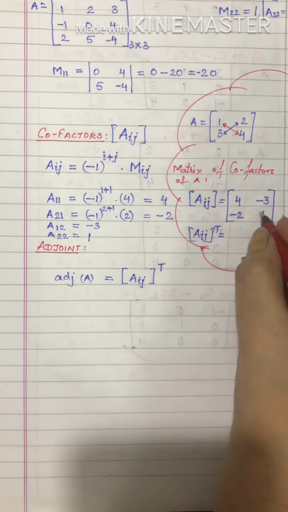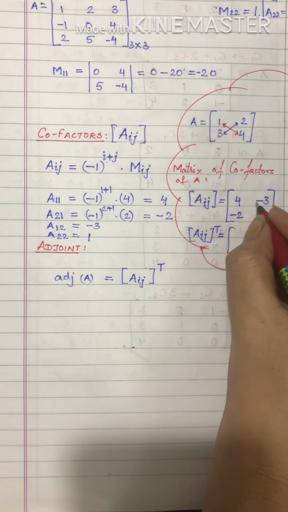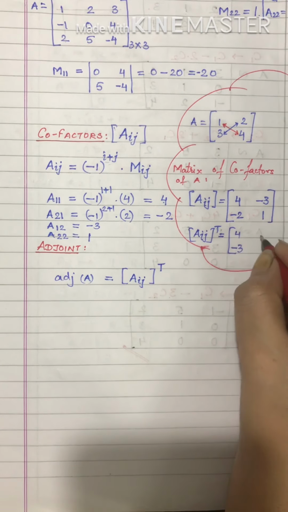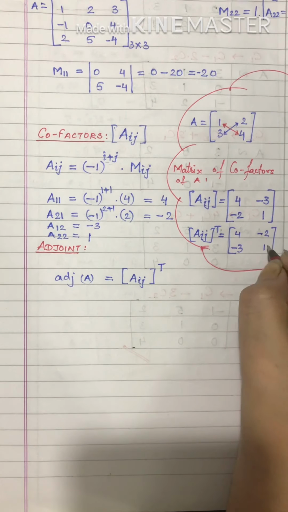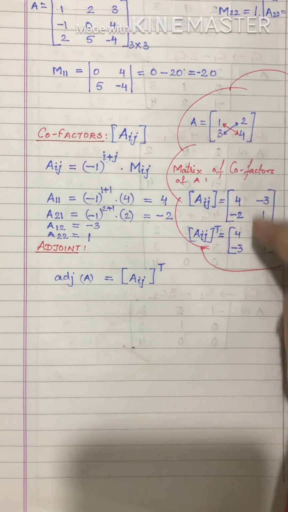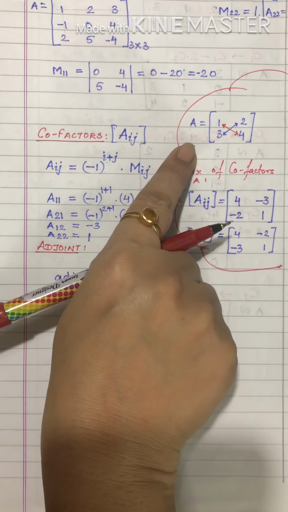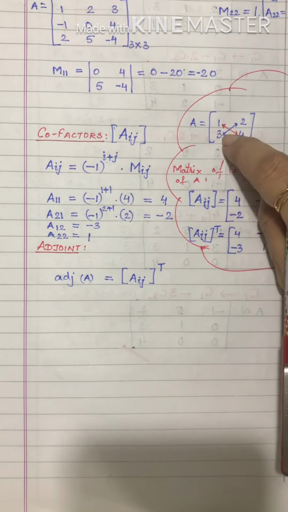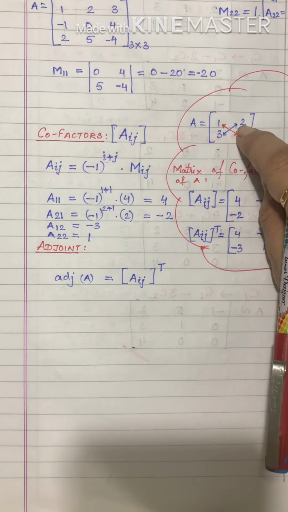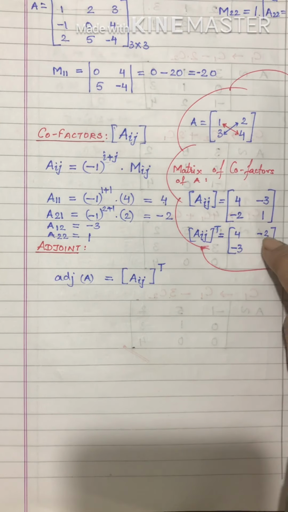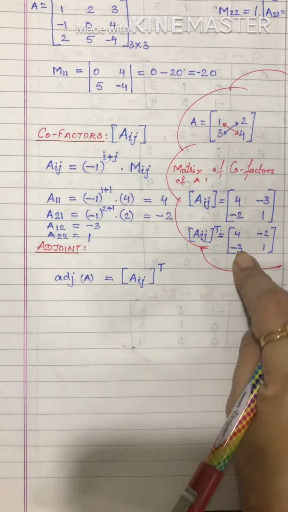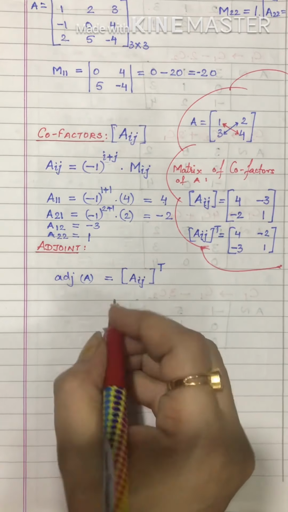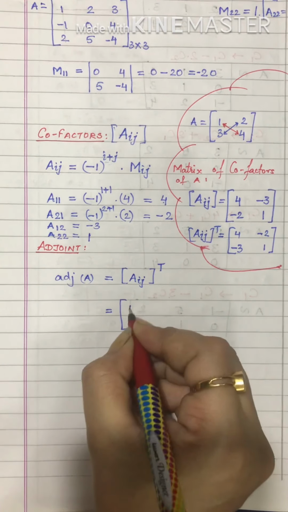Okay, the matrix of cofactors. So transpose means whatever is written in a row, you write it as a column. So first row you will write as first column, and then write second row as second column. Okay, now here also you need to check out one thing. See what happened from the original matrix. We have swapped these two, and we have only changed the sign of these two elements. Okay, this is how you can find the transpose of the matrix of cofactors directly, or in other words you can say this is how we can find adjoint A directly.